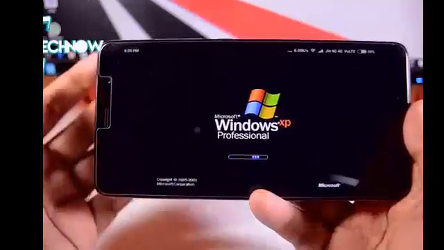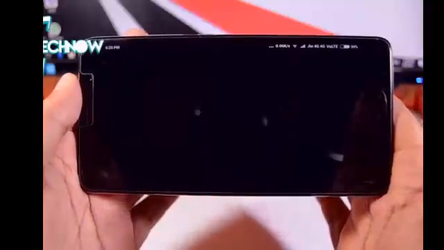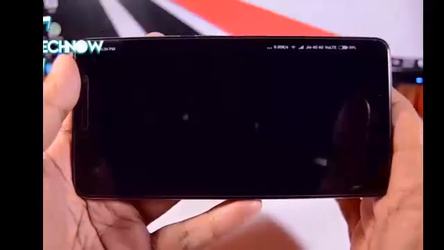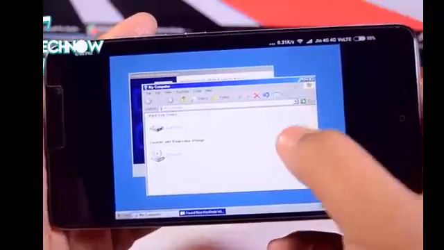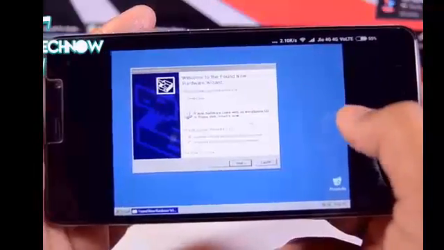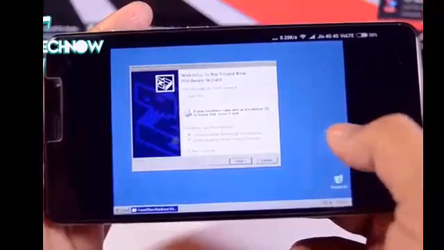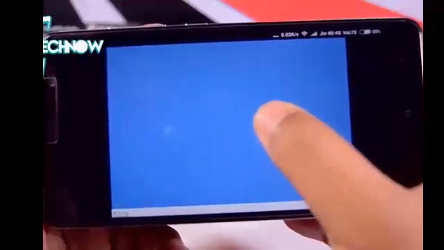So there you can see, and guys, based on your mobile phone's performance, it may take 3 to 4 minutes. Maximum it will take around 5 minutes to completely load any Windows operating system on this application. And guys, there you can see it works really great, and we are in Windows XP. From here we can use Windows XP. It shows the new hardware found, so from here we can install the hardware, but for the timing I'll cancel it. And there you can see we are in Windows XP,